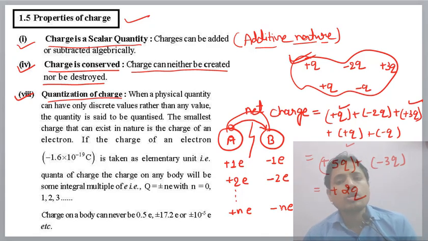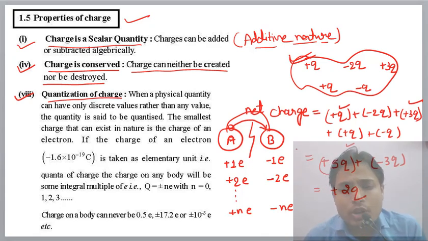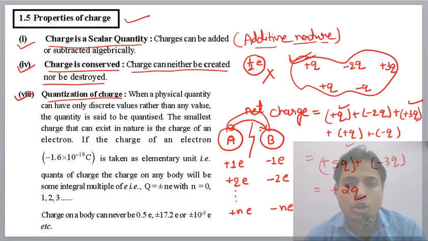Okay, so you can see, is it possible to have half e, 1 by 2 e? Can 1 by 2 e be possible? No, it is not possible. Why? Because half an electron cannot be transferred. Either the electron will transfer 1, 2, 3, 4; a fractional part is not possible. That's why the charge that can be acquired by a body is only either plus ne or minus ne. This law is called the quantization of charge.